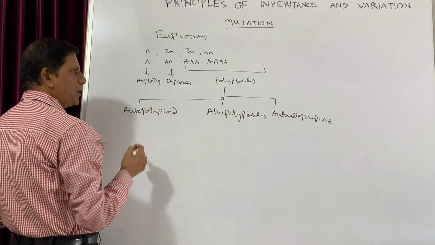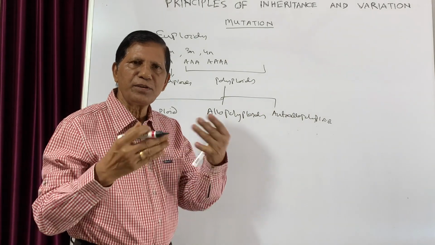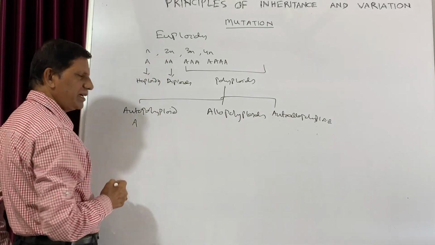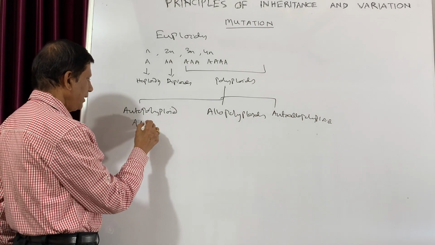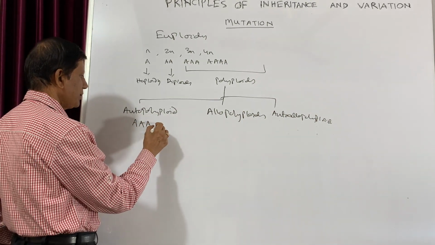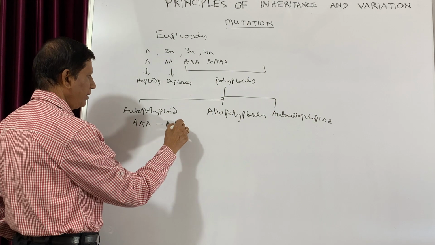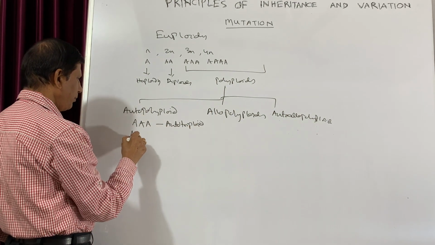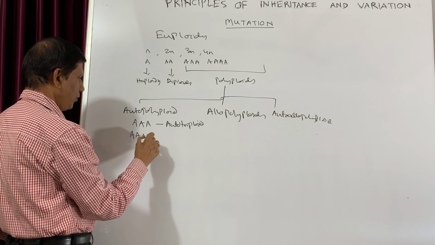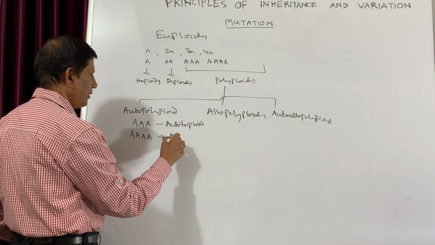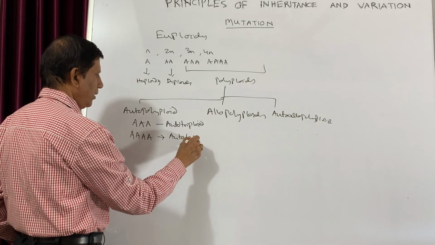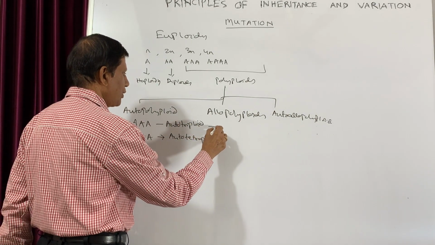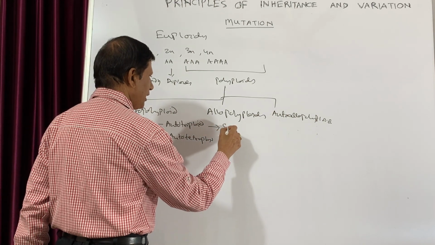In case of autopolyploid, the same set of chromosomes is multiplied. Suppose the one set is A. Now if it is 3, then it is known as autotriploid. If it is 4, then it is autotetraploid. The common example of autotriploid is seedless